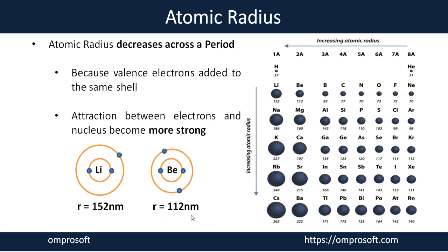Why did it happen? Just because electrons become more in number in the same outermost shell, and this generates a stronger attraction force between nucleus and electrons, which does not allow the size of the atom to increase; it decreases the size of the atom. The electrons get added and shrink the atomic structure, and due to this reason atomic radius decreases.